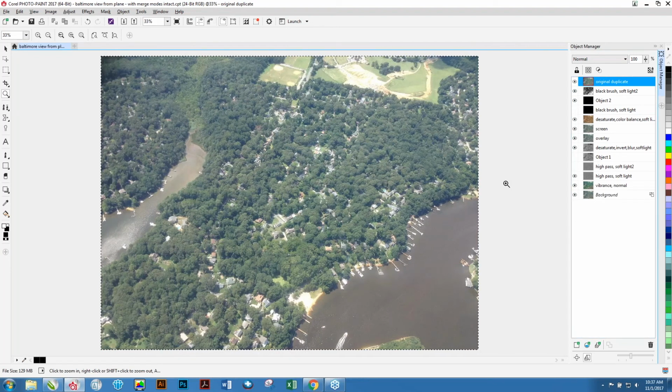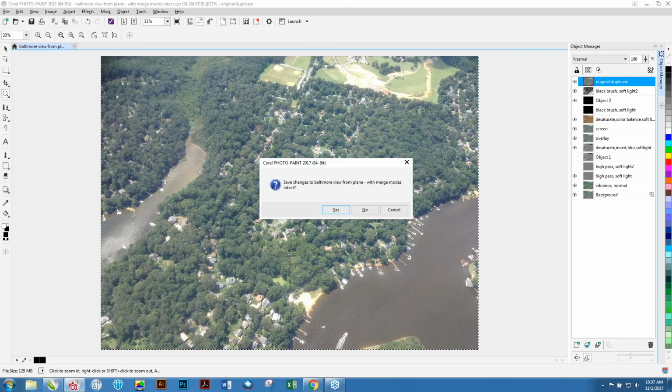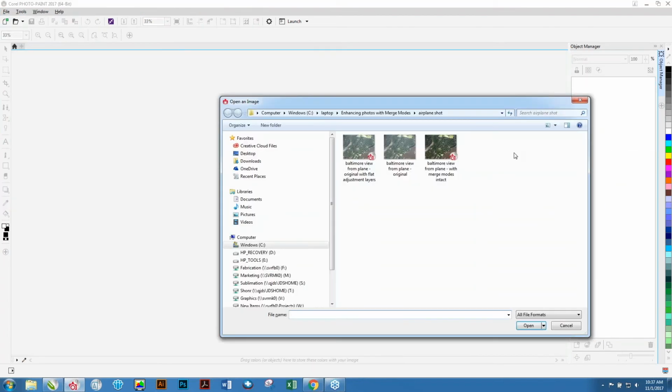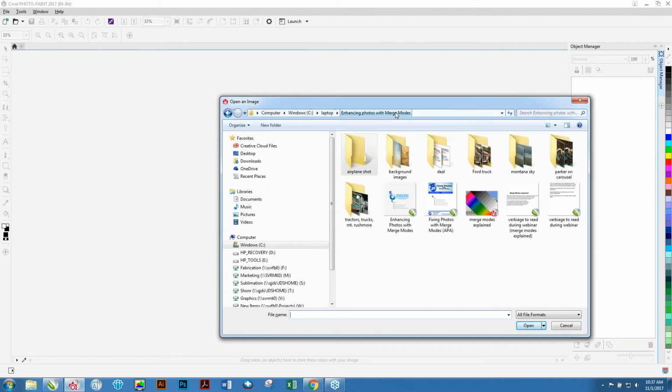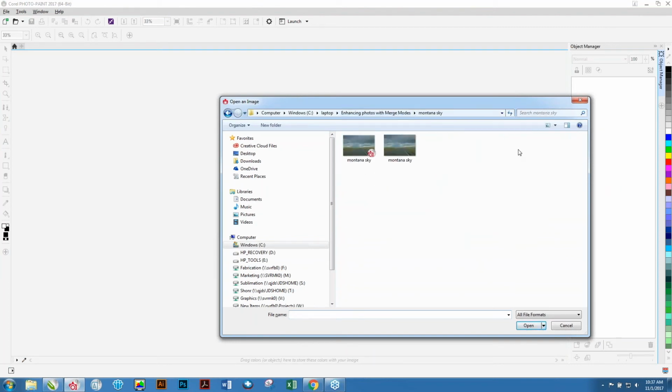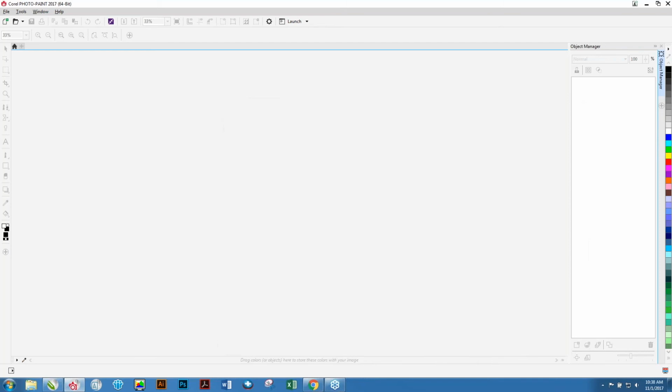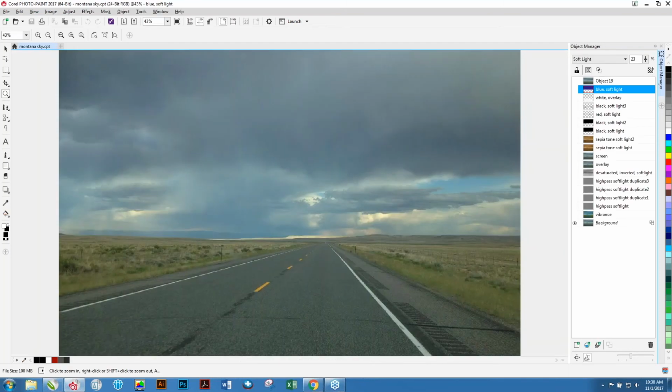All right, let's do this one more time, but I'm going to show you how to take something to an extreme and have a little more fun. So this is more than just improving a photograph, it's actually taking this to the extreme. I go to Montana about once a year because I have relatives in Montana, and going through Montana is like driving through a postcard. But again, iPhone 4, driving across Montana,